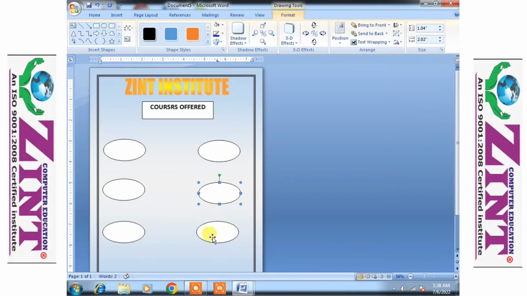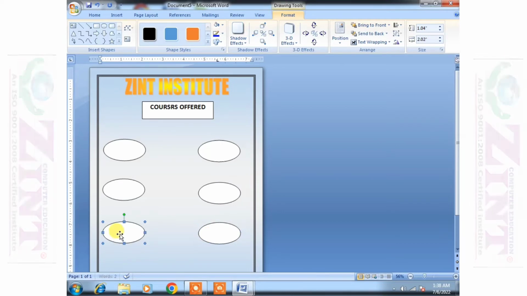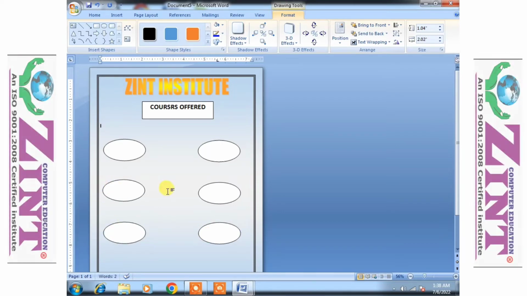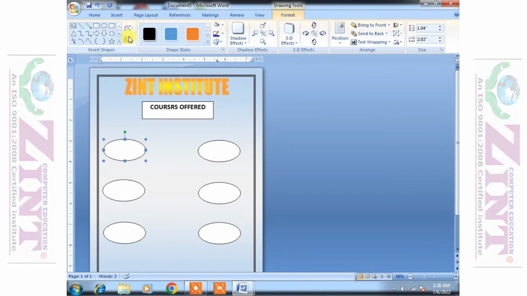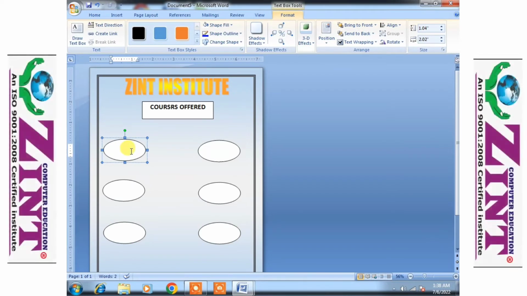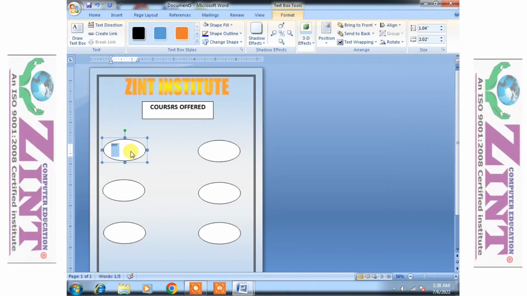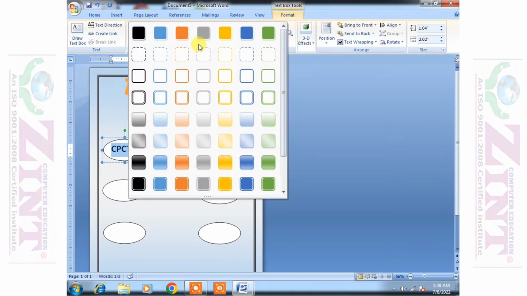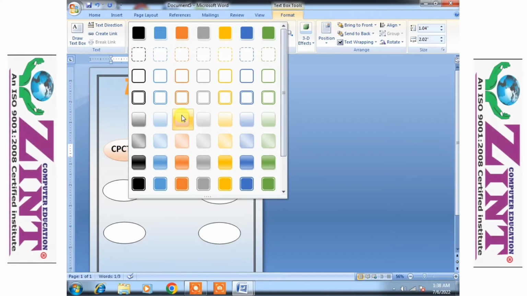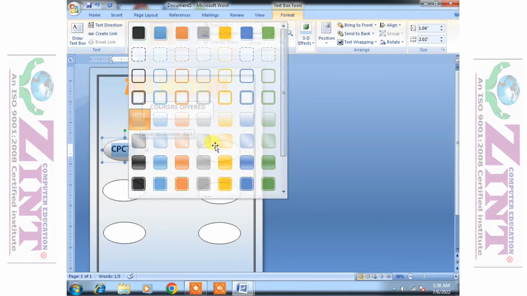That is the work of the navigation keys. And for writing in the box, you have to click on the box and text box. First of all, we provide the classes of CPCT, Ctrl A, increasing the size, bold, and you can also change the color of our shape.